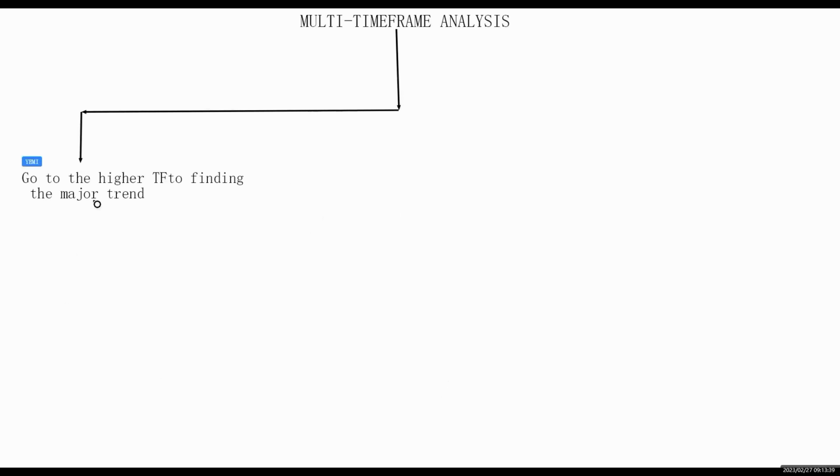After finding your major trend, what's the next thing you want to do? You want to be able to identify your value areas or your areas of interest. This is the next thing. So when you identify an area of interest in the market on the higher time frame, what do you want to do after that? Now, this is when you come back down